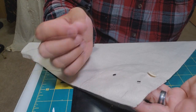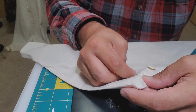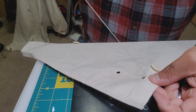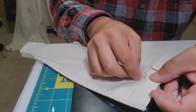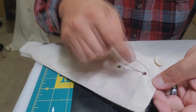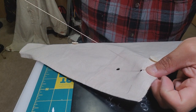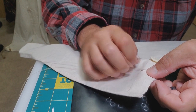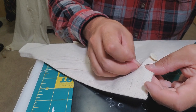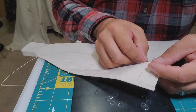I'm working on the right side, the outside part of the tent, and I come up from the bottom, going through all the layers of reinforcement, and then pull my thread through. Then I come back up from the bottom and try to get next to my previous stitch. It's kind of hard to see with the color matching thread, but you just go side by side. Sometimes you have to move your stitches around, and then you go back underneath. So you're always coming up from the bottom on your stitching, and you go all the way around